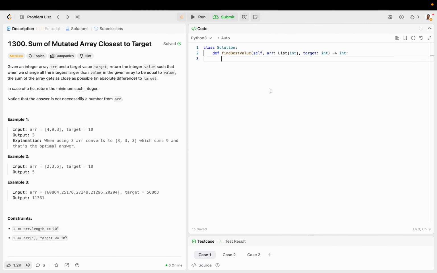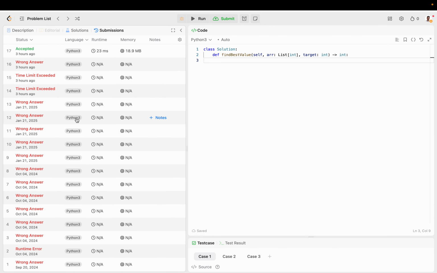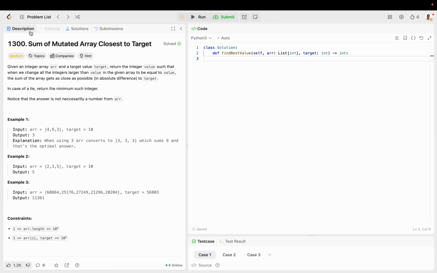Today, let's go over a medium question that I solved by myself just 5 minutes ago. This one I struggled with for a long time, but I finally solved it, and I'm pretty happy about that. So, you're given an integer array, a list of integers, and a target value in which they want you to